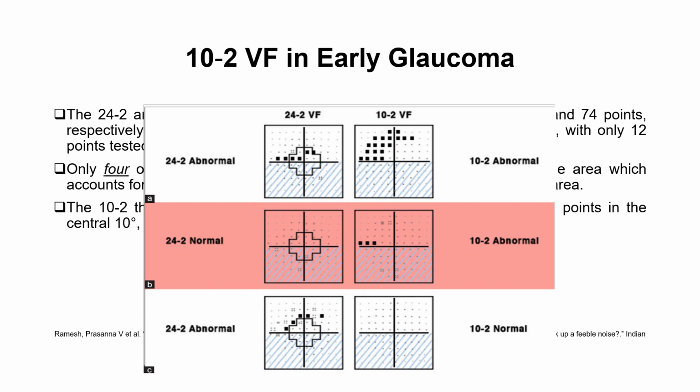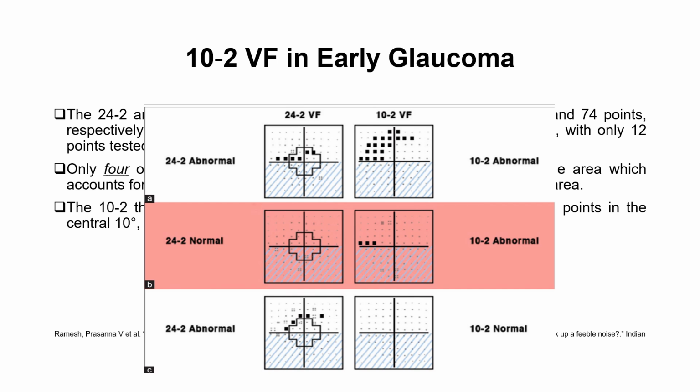However, if it is normal in the 24-2 field, it could be abnormal in the 10-2, where only these points have been lost in early glaucoma. So in these situations,